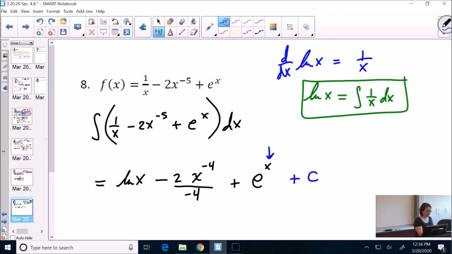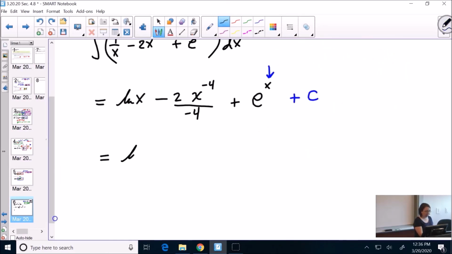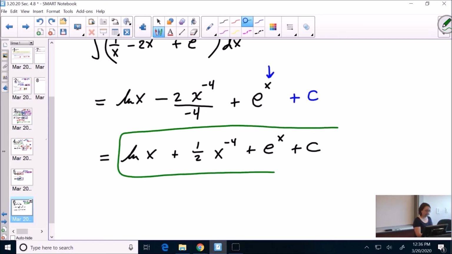We simplify the middle term, so negative 2 divided by negative 4 is positive, and it'll be 1 over 2. If you want to put your x downstairs, you can, or you can leave it upstairs. I don't care either way. And there you go. This is the antiderivative. So whether you have 1 term or 3 terms, you just